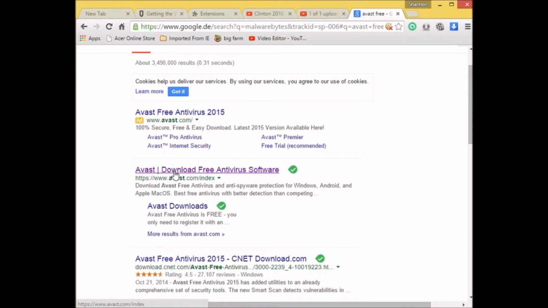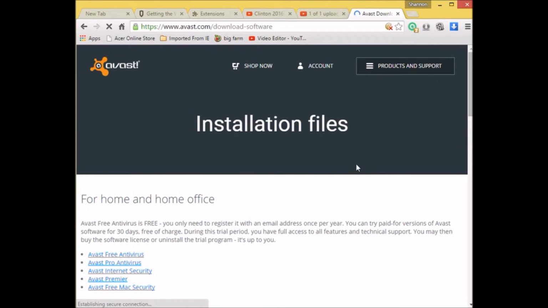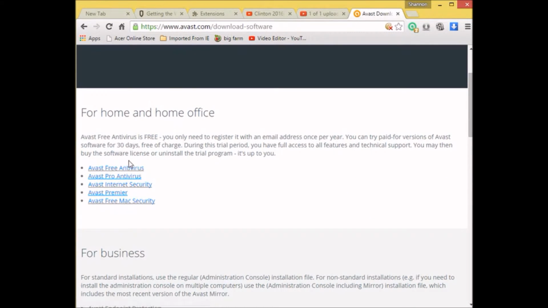And I would say Avast free. Okay. So then you see it saying Avast download free antivirus software. Click Avast downloads. Okay. Now, once you get to the downloads page,